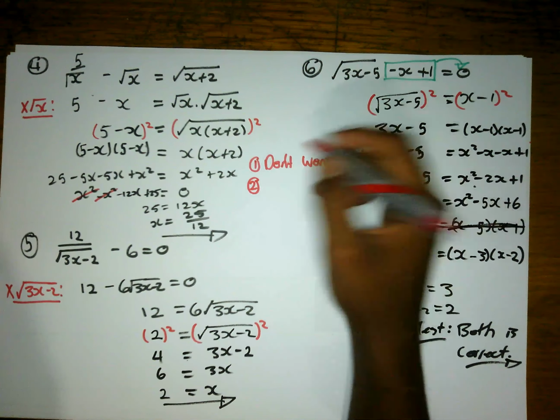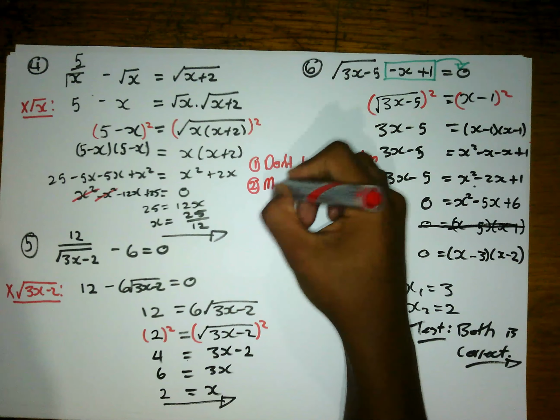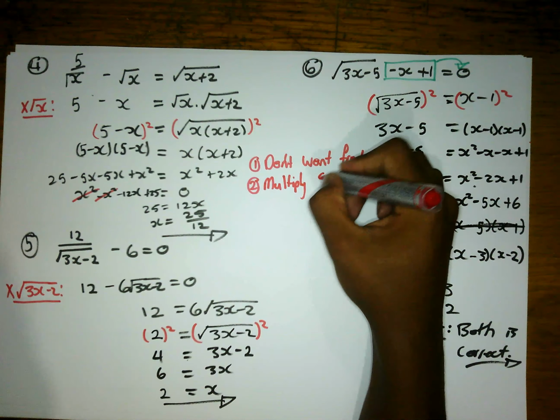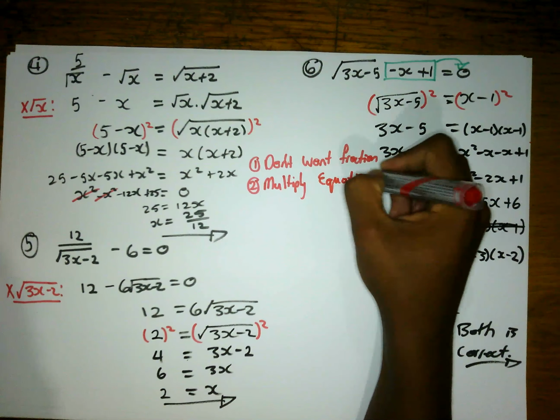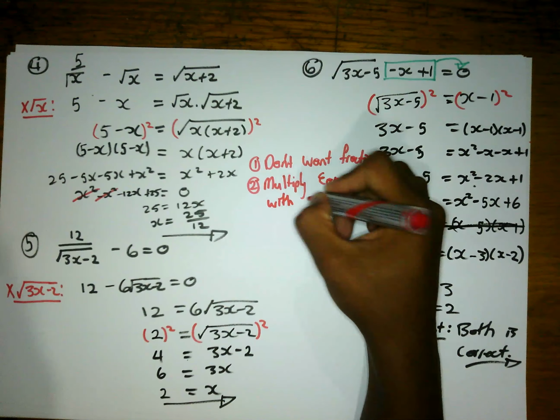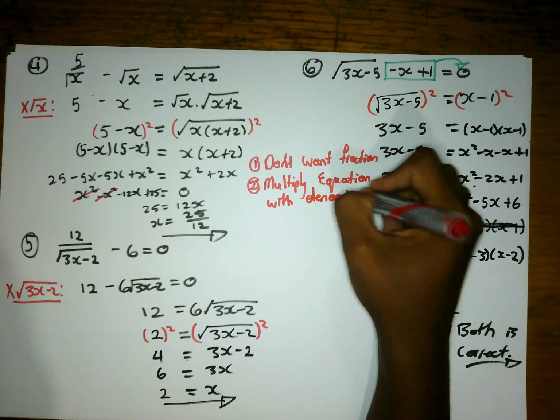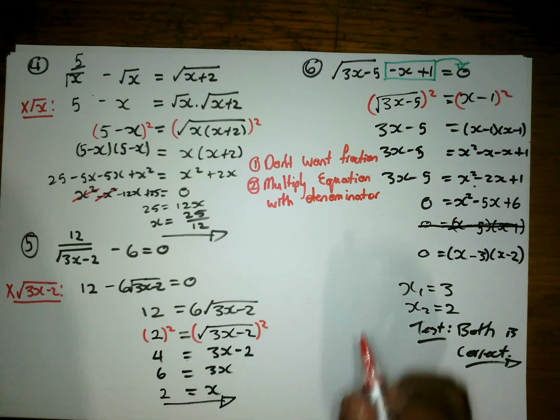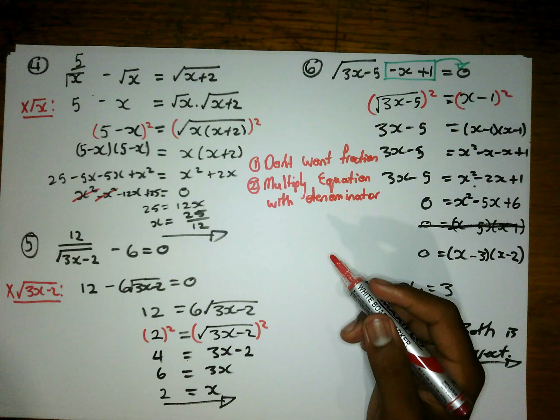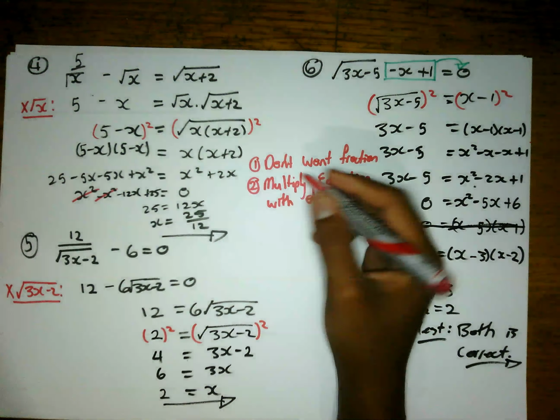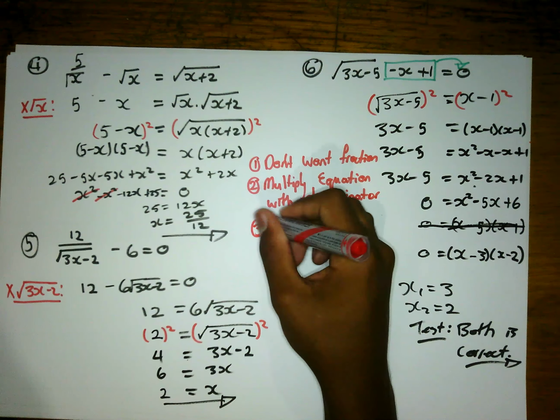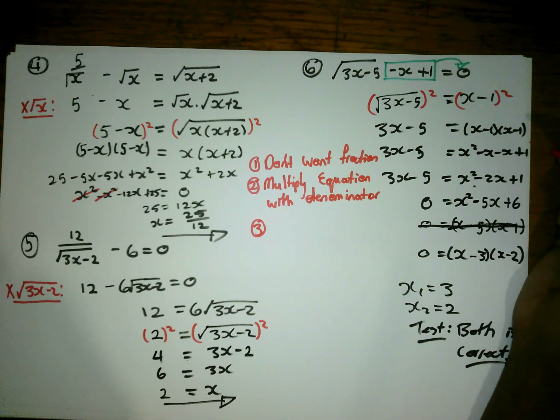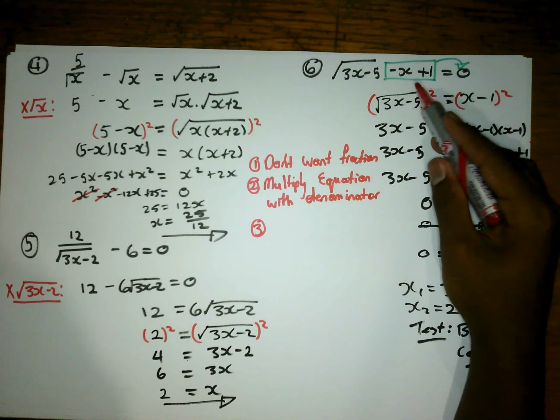Number two, multiply the equation with the denominator. They multiply the entire equation with the denominator. Then number three is, let us say with this one over here, let us say like this,